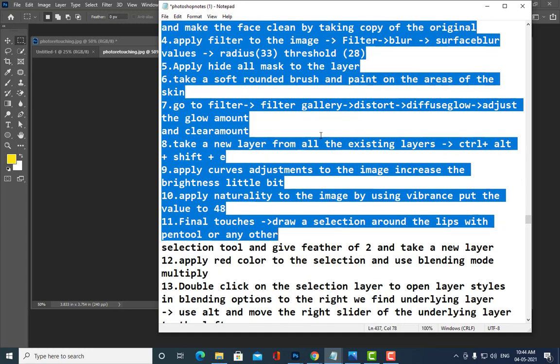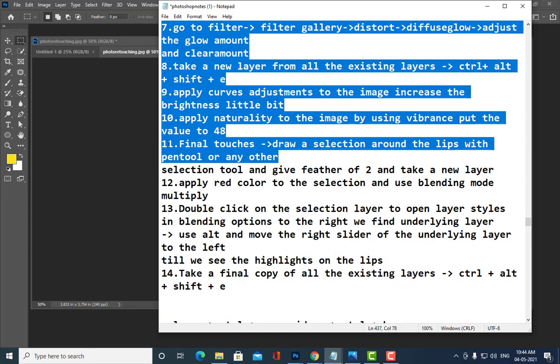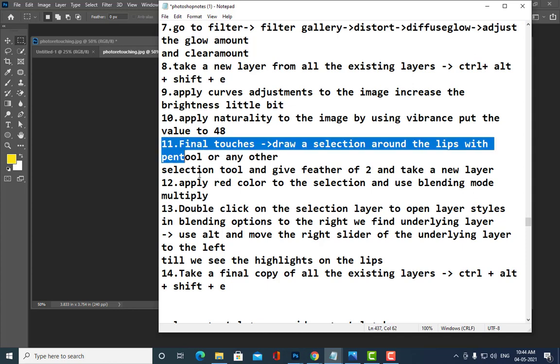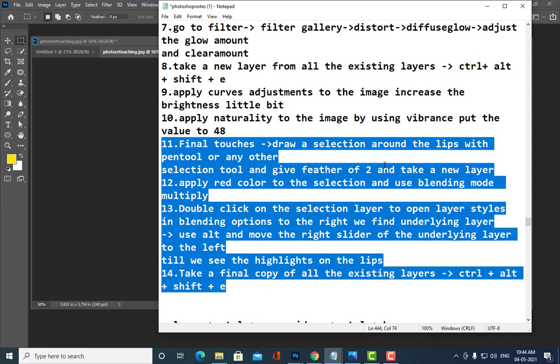Okay, so just some more points are there, so you take from here to the end like this, okay. Right.